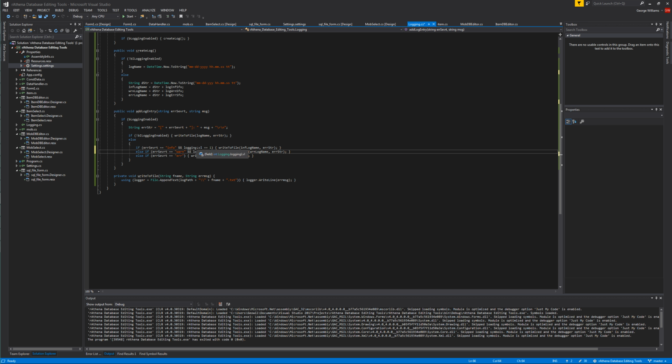So if log level is 1, then we don't want to have anything else. If it's 2, we only want to log the info and the warnings. And if we have all 3, we want to do all 3 of them. So we can just do an